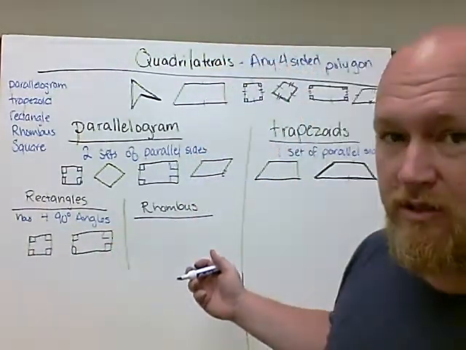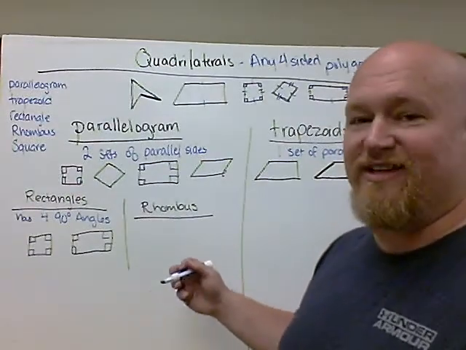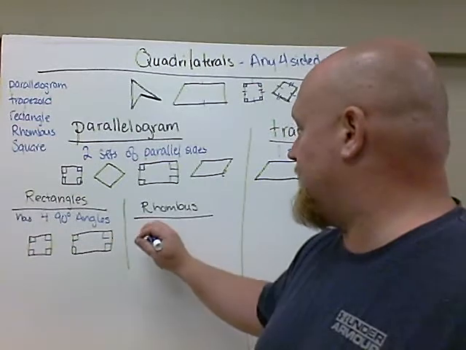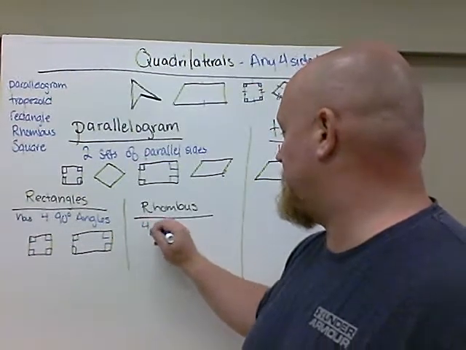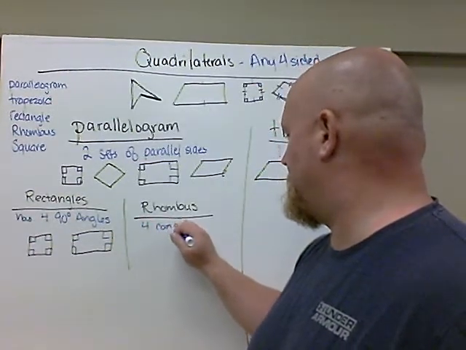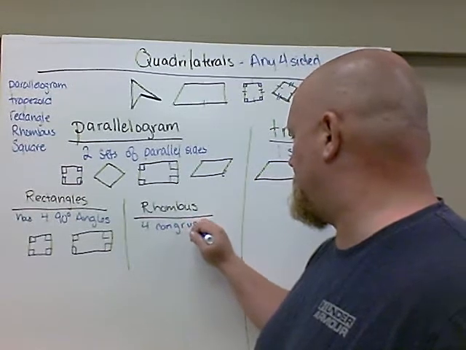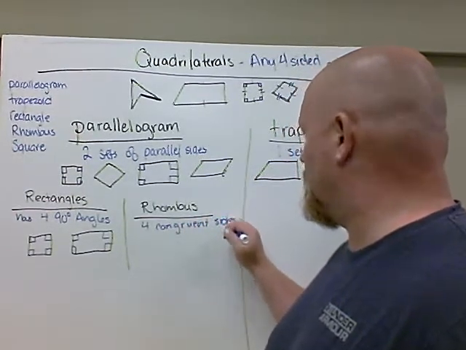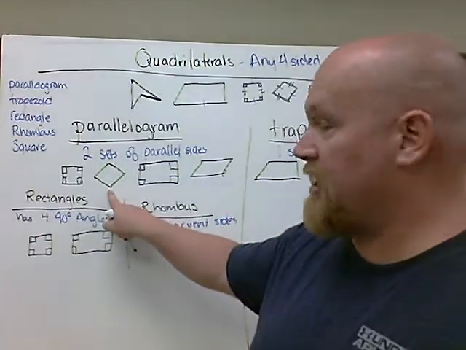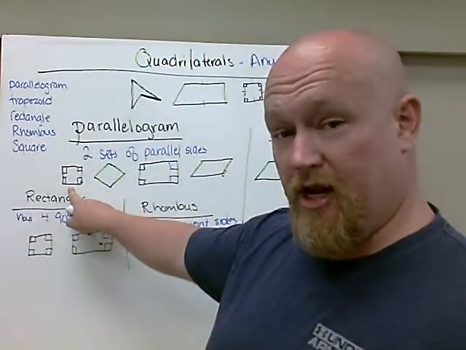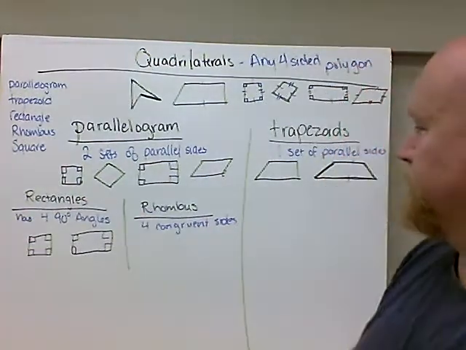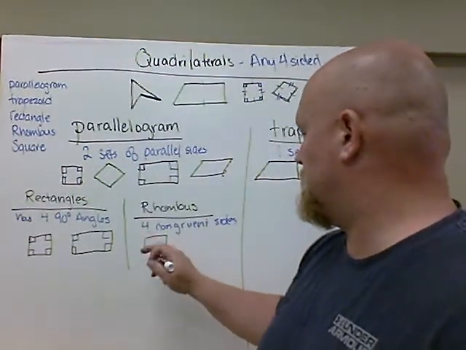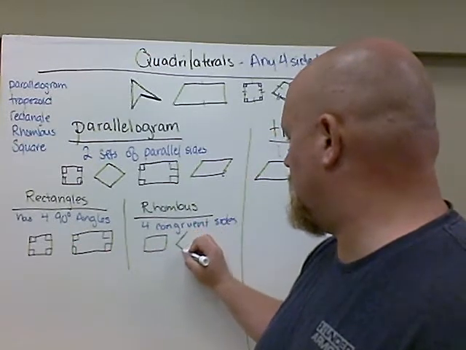Now, a rhombus has four congruent sides. Remember that term congruent means same. Four sides that are the same length. That leaves us this shape and then this shape. Okay. A square is a type of rhombus. And then